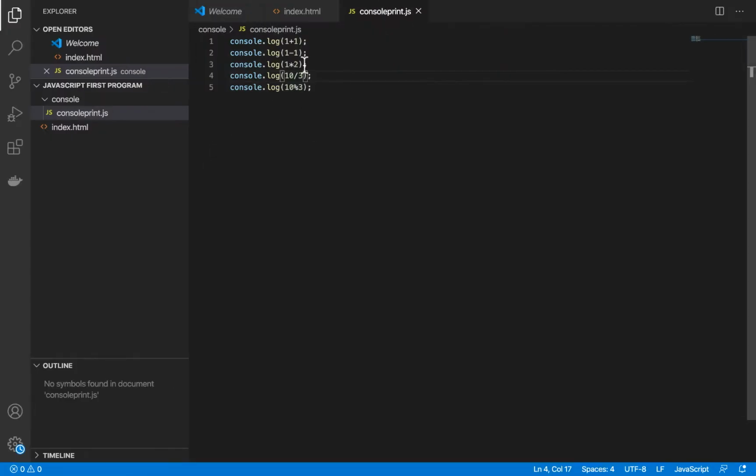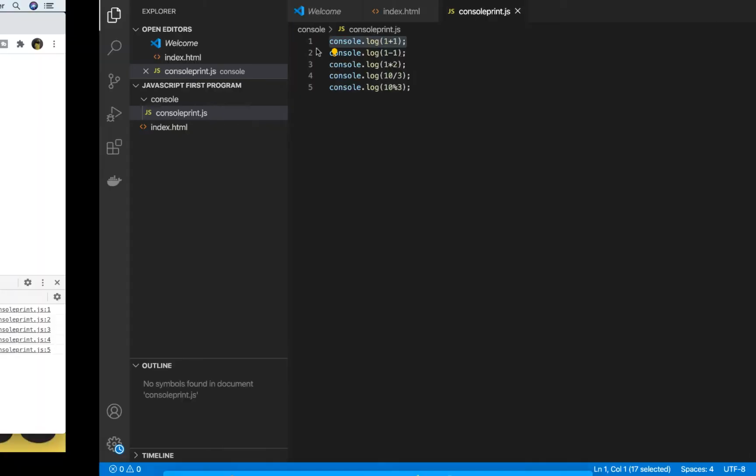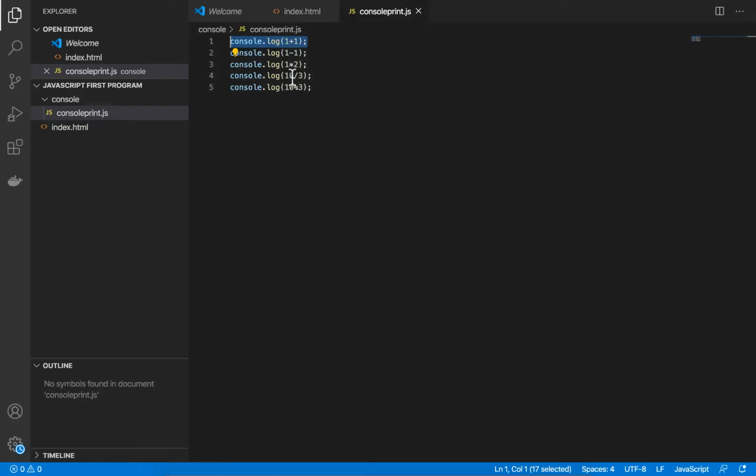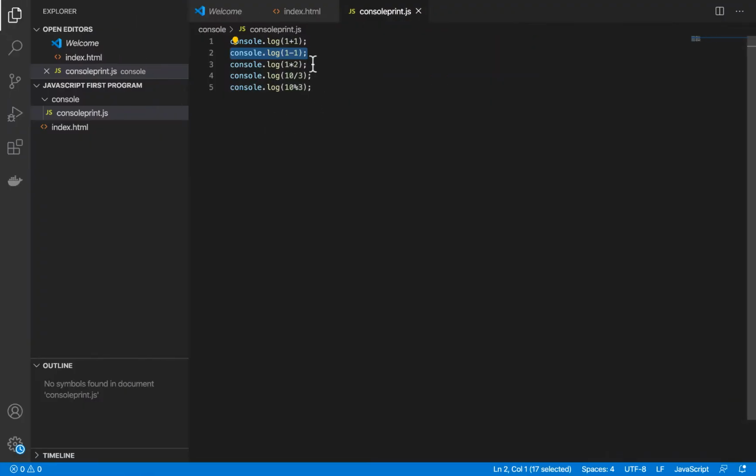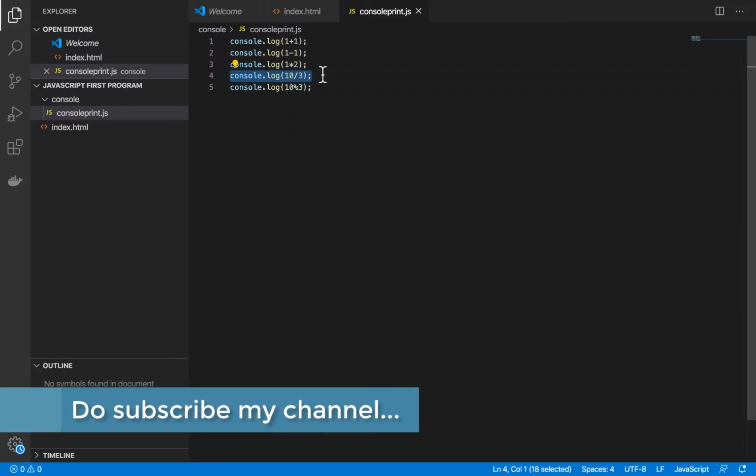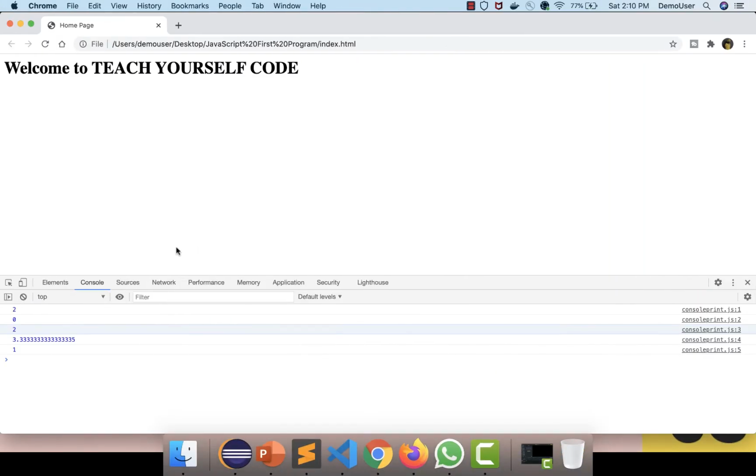over here. So these are the basic operators used for any mathematical operation, that is addition over here. You can see 1 plus 1 is 2. You can see it is 2. Then subtraction, that is 1 minus 1 is 0. You can see 0 over here. Then multiplication, 1 into 2 is 2. It is 2 over here. Then there is division, so it will give you the entire value in float. So it will show you 3.33. And then this is the remainder. So 1 will be the remainder from this division. It shows you the remainder over here.